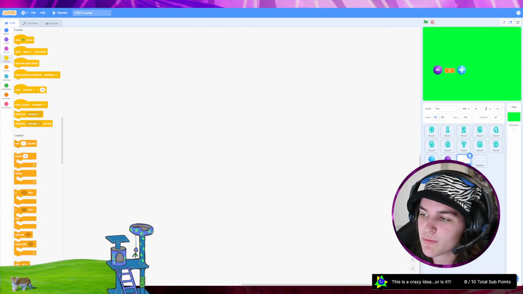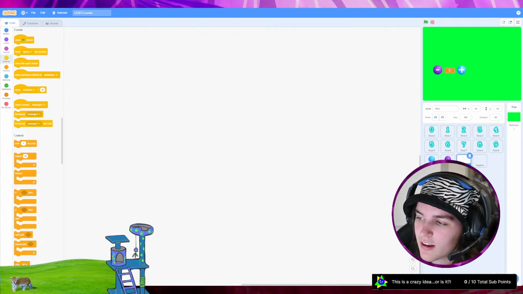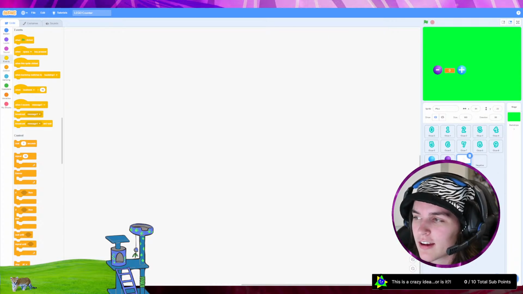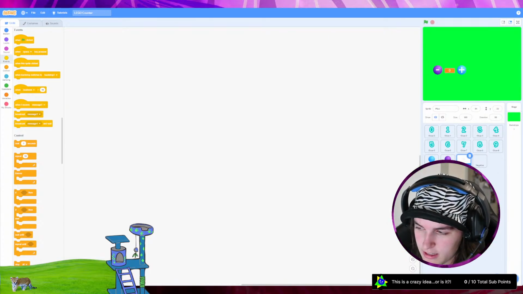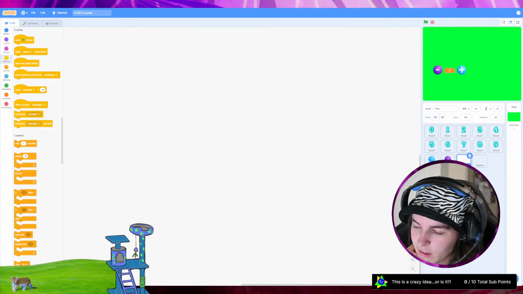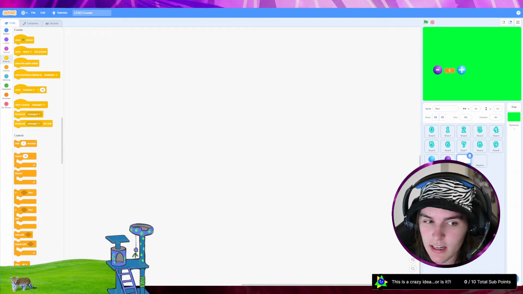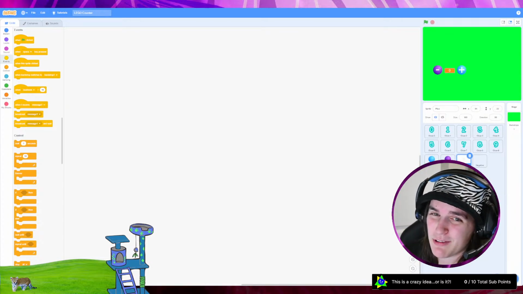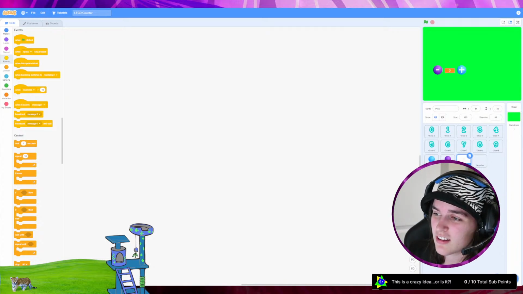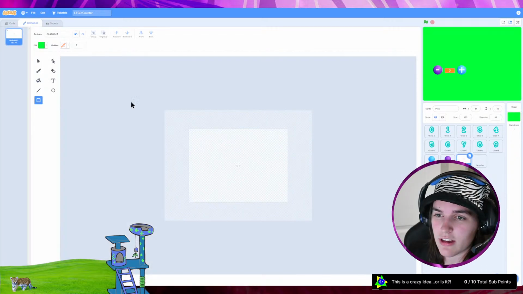It's probably not smart of me to have, well, it's definitely not, because if I add the code to the plus sign, that's going to be a problem. If I ever click on the blue button and not the plus sign, the event might not get triggered because it's added to the plus sign. So I actually might want to move the plus sign onto the plus button, which is kind of a bummer, but I could just do that super quick.